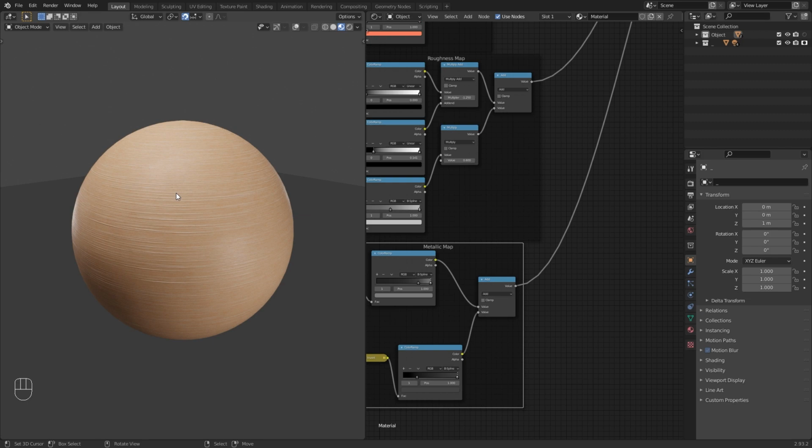After all that, now let's see this material on a pot model. You know that there is a clay pot model in this project file. Now let's apply this material to that pot model here and see how it works.